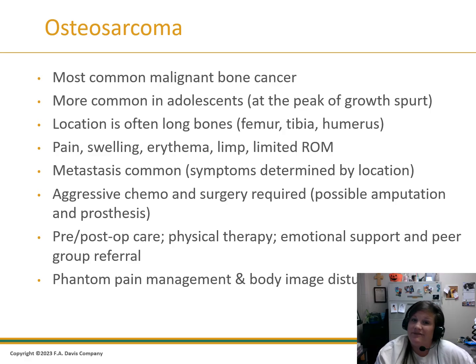Chemo needs to be very aggressive because of the metastasis tendency, and often surgery is needed. And in some instances, removing the tumor itself is not possible, so it may require limb amputation. And then it says in parentheses, and a prosthetic, so they would end up hopefully receiving a prosthesis after the fact. Our treatment, our nursing management, is going to be pre and post-op care for the child who does require,